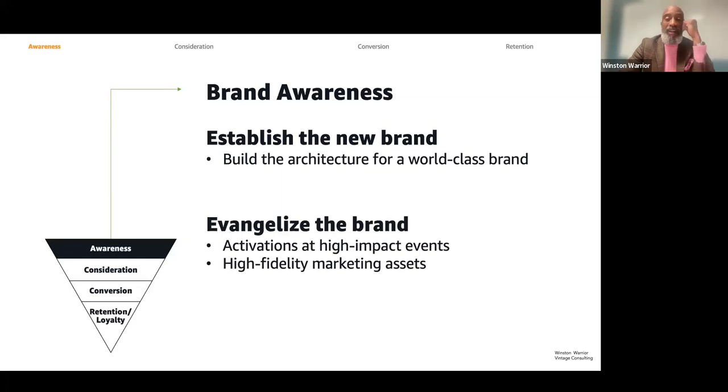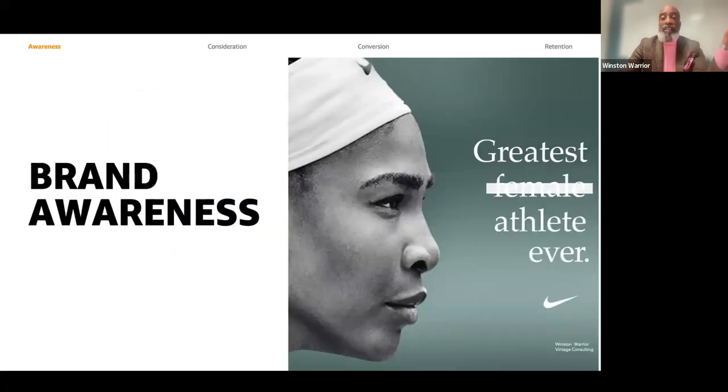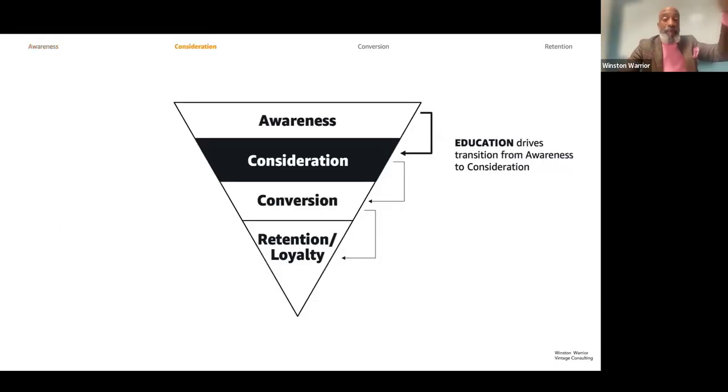We will talk about the brand in more detail later. Of course, I can put this image up and I'm going to say 80% of the world wouldn't know who this is before. I don't have her name there, but we know who she is. And that's because her brand is super, super strong. A lot of people are aware of her. So as she is starting to sell things, we say, oh, we trust Serena. Why do we trust her? Because she's a champion, blah, blah, blah. We'll talk about more of that later, but that's the idea. You want to build the awareness of your product and service at the top of that funnel.